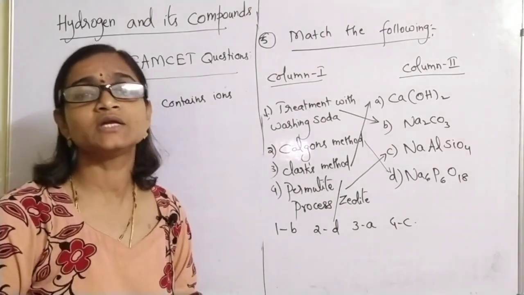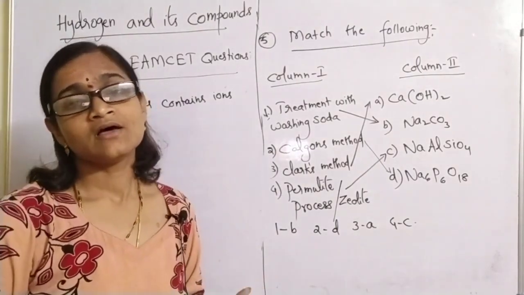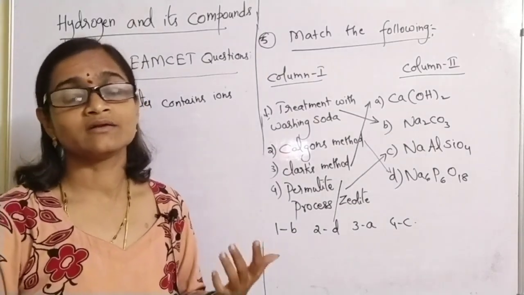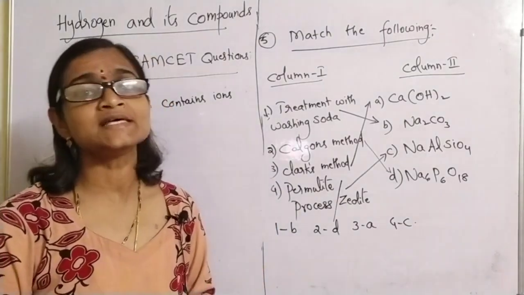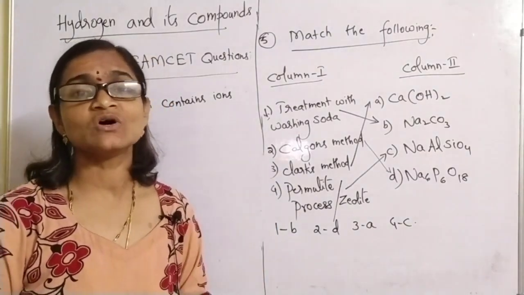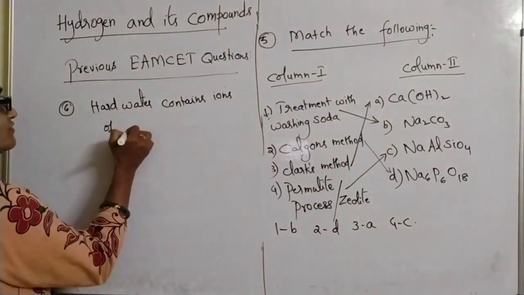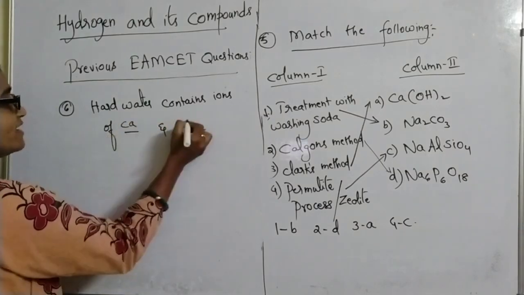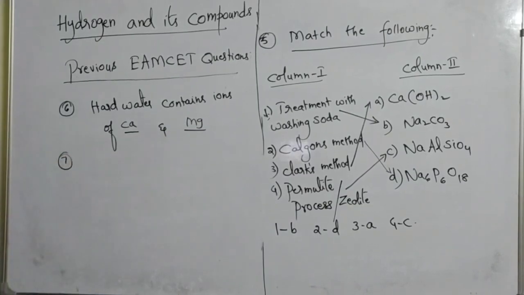When water is said to be hard, it contains chlorides and sulfates of calcium and magnesium present in it. So you will write calcium and magnesium. I am not giving the options here, it takes little time. Okay, and next,